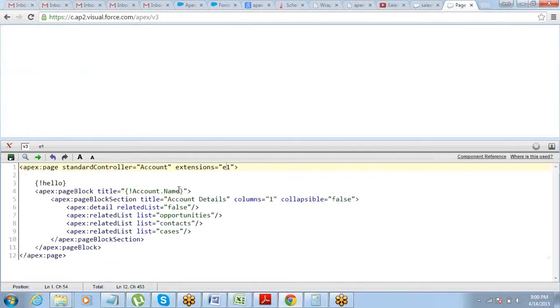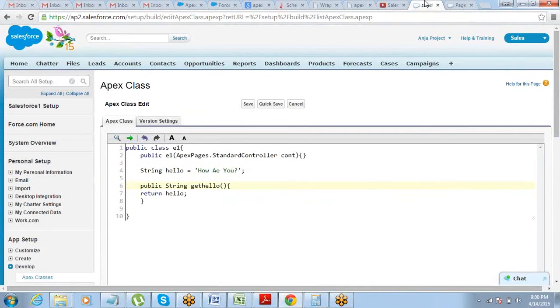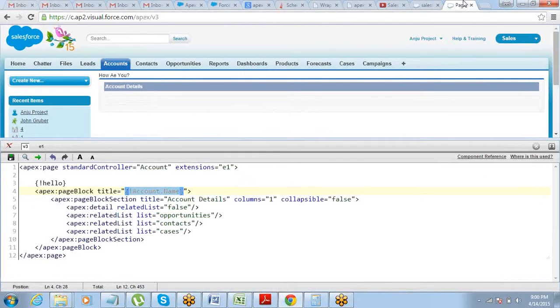And that's it. Now you can call the methods defined in the class. So your standard controller part is working exactly fine, intact, the way it works. And in addition to that, you can define your custom methods as well. Right? Simple.